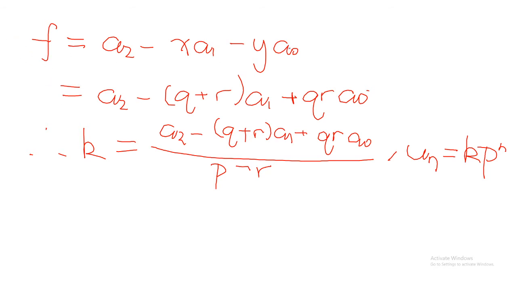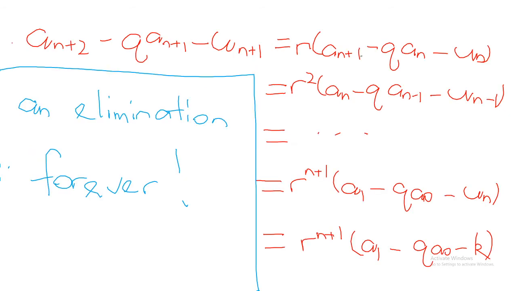Now we can always calculate f using q and r over here, and we can apply the f to k to get this expression, and we have un is k times pn, p to the nth power. Hail an elimination. So with the formula deduced,